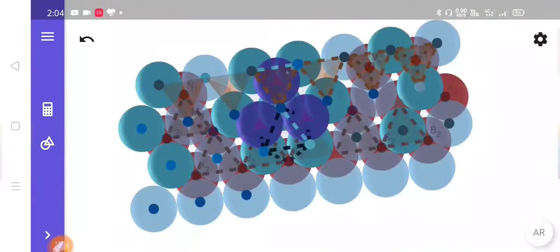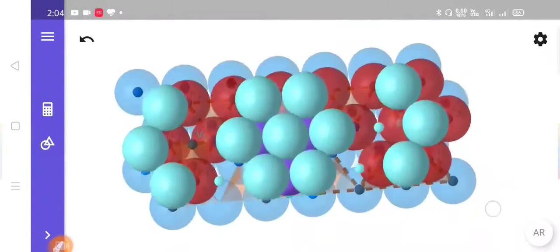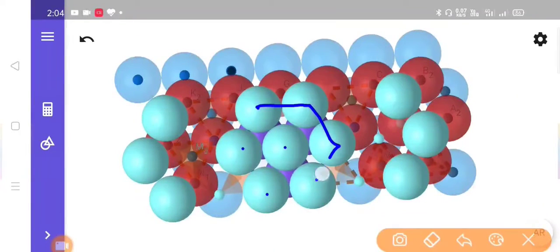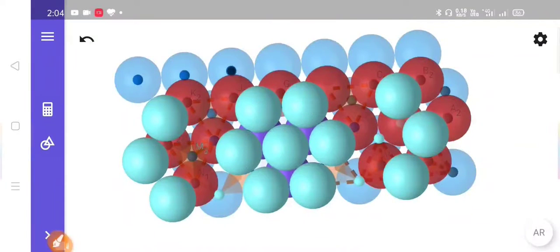So now from the top layer you can see we have a hexagonal shape created here. So 6 from the surrounding and 1 at the center. If we connect the centers of the surrounding spheres, you will get a hexagonal shape.